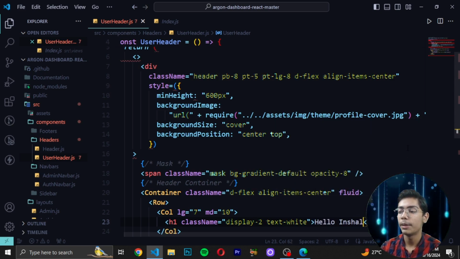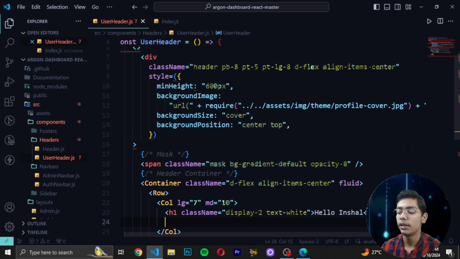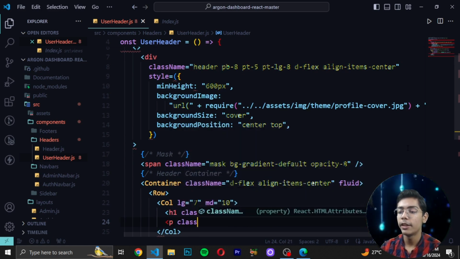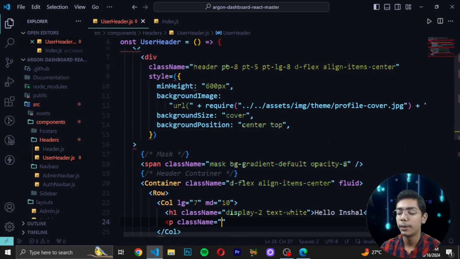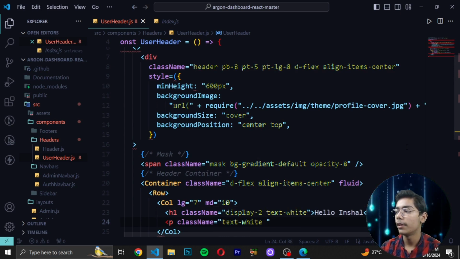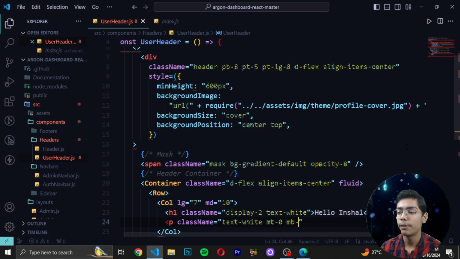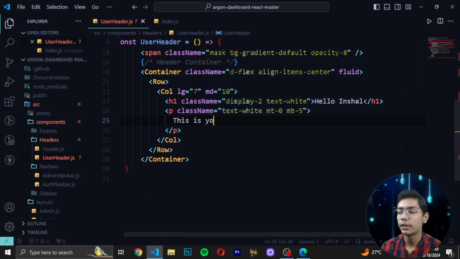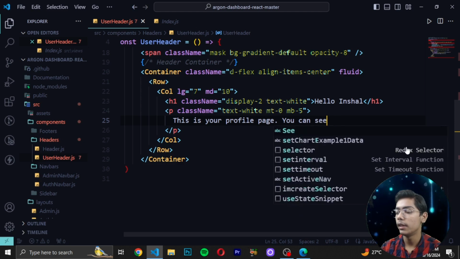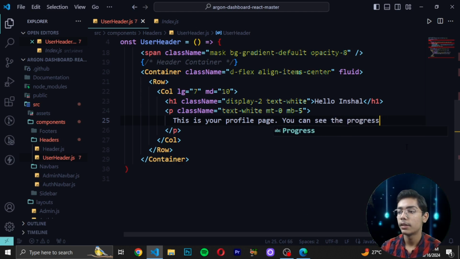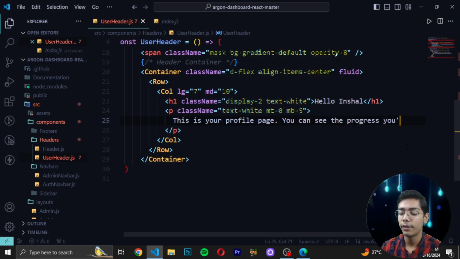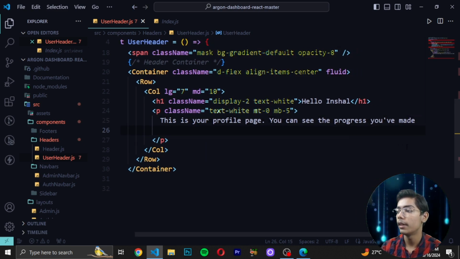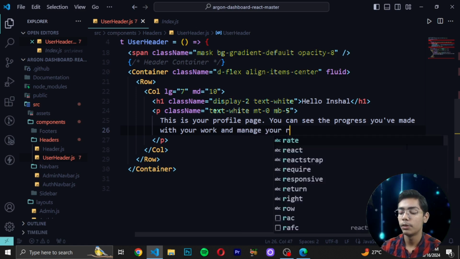and you can give any name. I'm using this name, which is Inshal, I'm writing my own name. Then write className again, and in className I will write text-white, and write here mt-0, write here mb-5, close it, and then move down. After doing that, here I will write: this is your profile page, and right here you can see the progress, and then you have to write what you have made, and then here I will write with your work and manage your projects